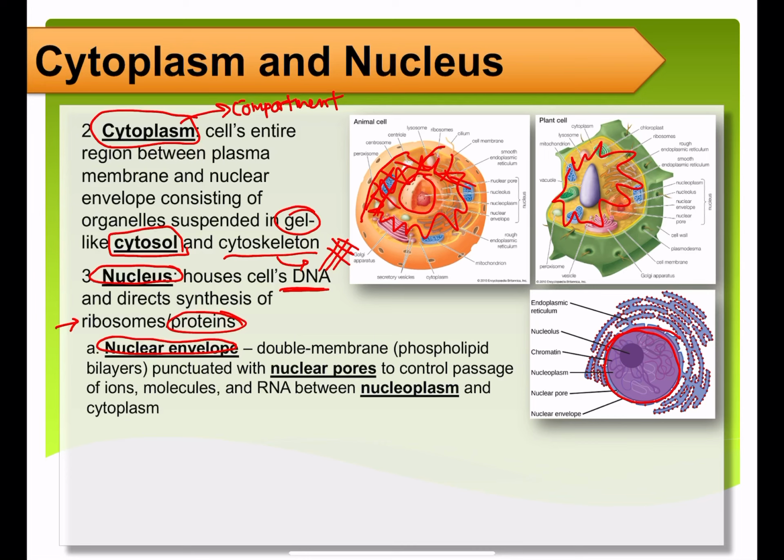Just like how the plasma membrane has a phospholipid bilayer, the nuclear envelope also has a phospholipid bilayer that separates the genetic material from everything that surrounds it. So inside the nucleus is the genetic material, and it separates it from all the busy stuff inside the cell. Now, around the nucleus, as we saw in the TEM image I showed you earlier, it's studded with nuclear pores. It's a little sphere that has little holes all over the place, called nuclear pores,